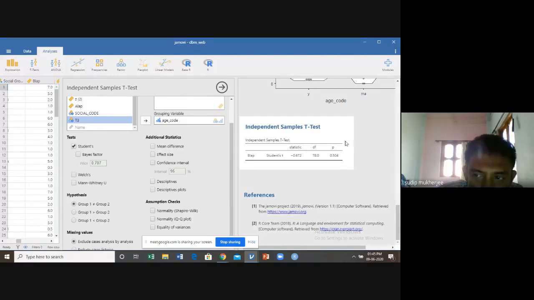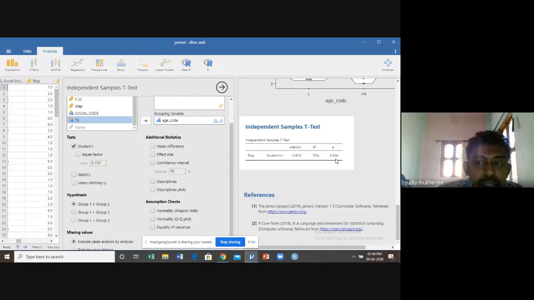So what is the rule of thumb? I repeat once again. The rule of thumb is if the p-value is less than 0.05, or you can remember it like this, if the absolute value of t is greater than 2, we are accepting the alternative hypothesis, that is, the group means are unequal.